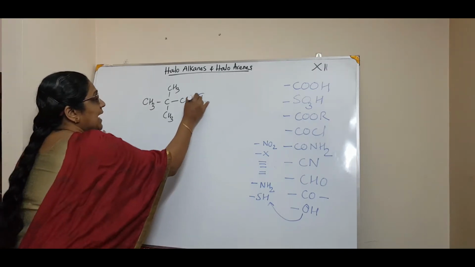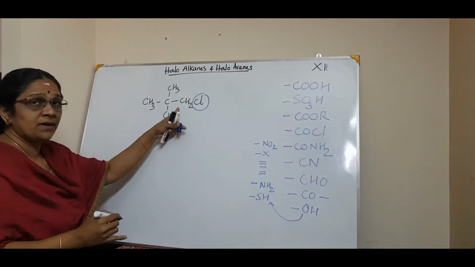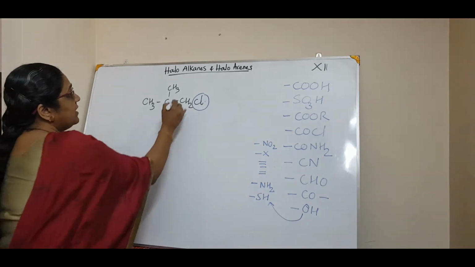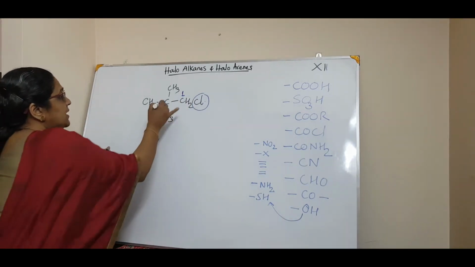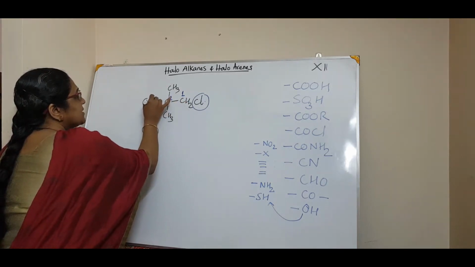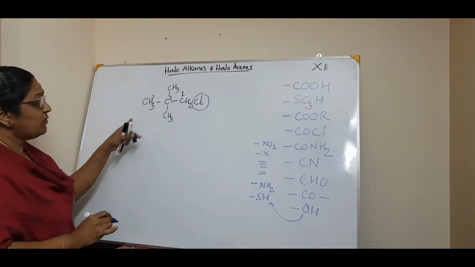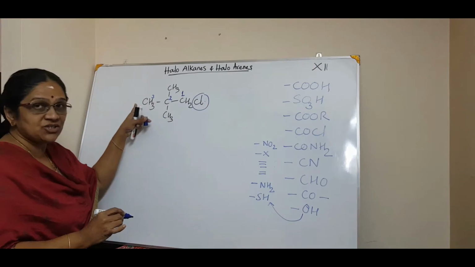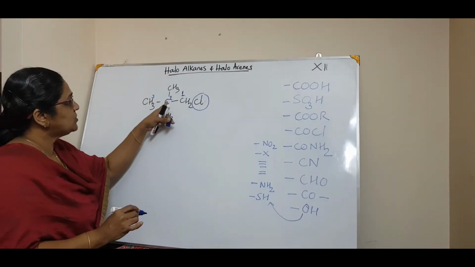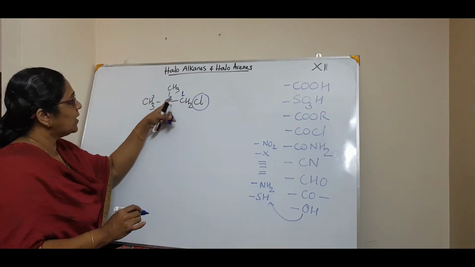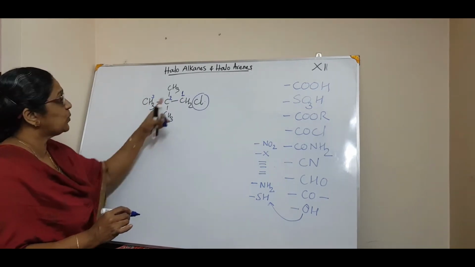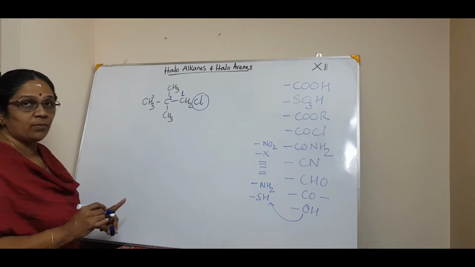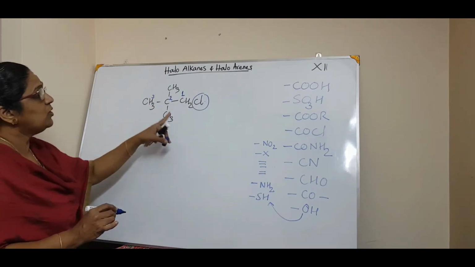You know this is a halogen. So the carbon containing that will have the least number. So it will be numbered as 1. Then this carbon is 2 and this carbon is 3. Now if we want to select the longest chain also, if you say 1, 2, 3 or 1, 2, 3 or 1, 2, 3, all are same in this case. So we can have the straight chain compound. So then how will you name it?